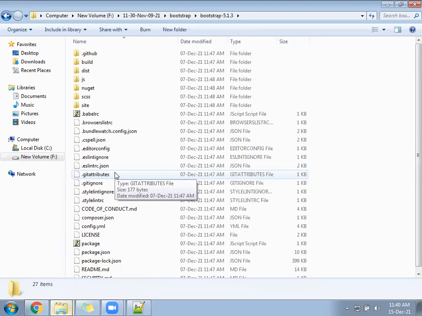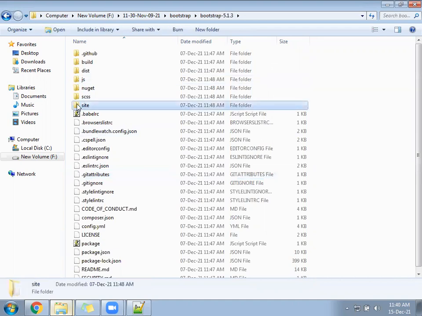After that, we have a folder called site, SITE. It is the original folder of Bootstrap that we have downloaded. Unzip one, not the zip one. Unzip one. Okay.